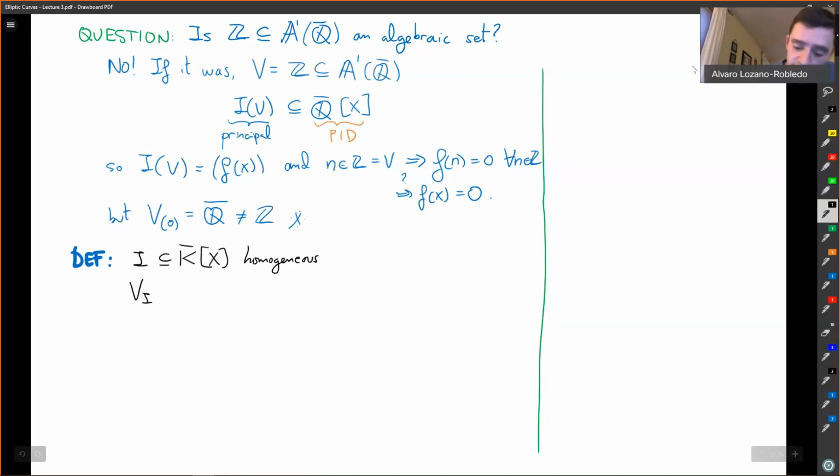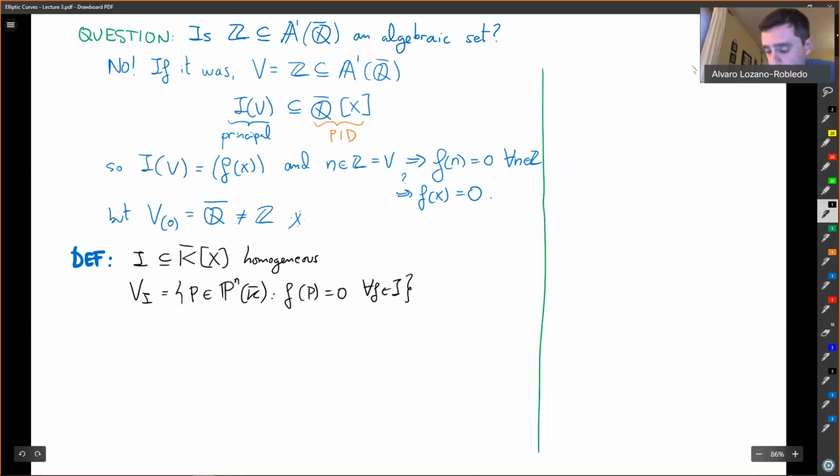Then the set of all P in projective space such that f of P is 0 for all f in I, this is a projective algebraic set. Conversely, if V is a projective algebraic set,